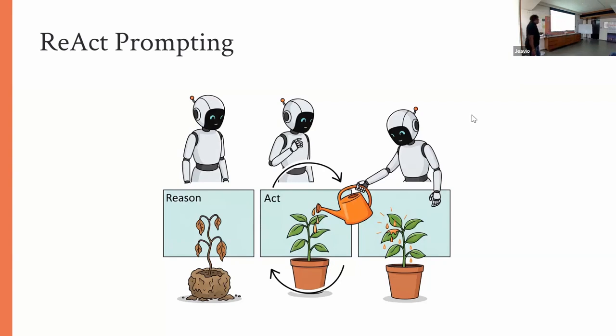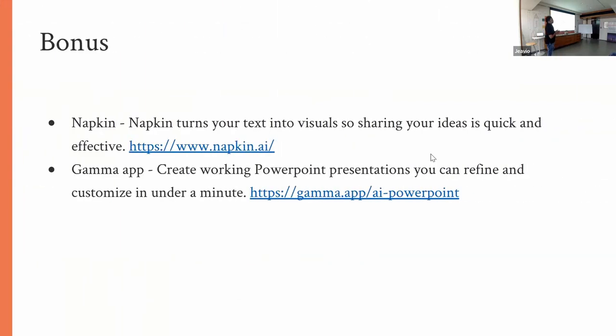So we have covered a lot of techniques around prompt engineering, prompts, how to write a better prompt and all. With the advancement of AI, there are a lot of applications in the market which do a single thing, but do it well. So there are two things that we are going to cover. One is Napkin and one is Gamma app.